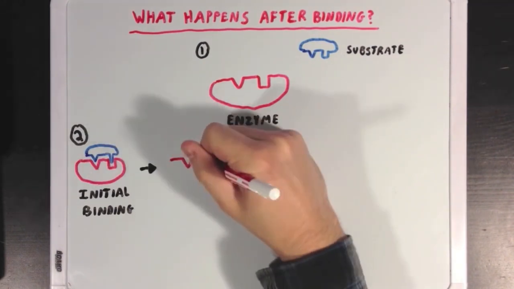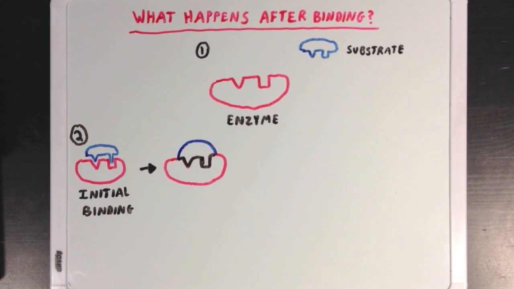So in our next step, this is exactly what happens. The enzyme and the substrate will both change shape a little bit and bind to each other really strongly. And we call this the induced fit because both the enzyme and the substrate have changed their shape a little bit so that they bind together really tightly. And it's at this point where the reaction that the enzyme is catalyzing is at full force, and this would